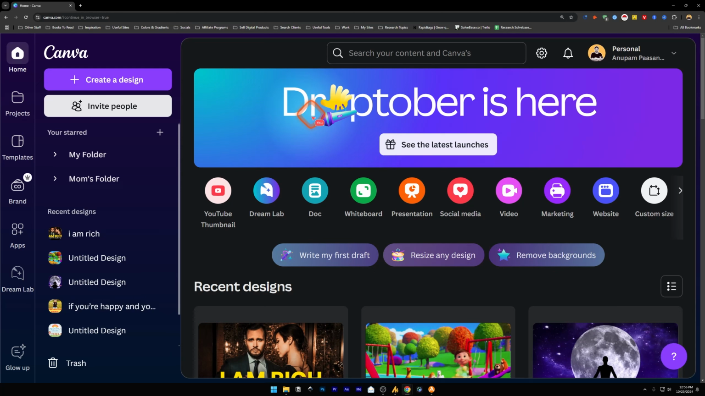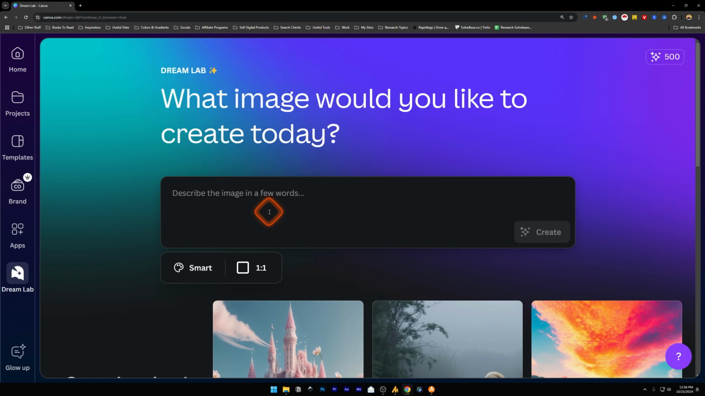Do you want to learn how to use the Dream Lab inside Canva? This is an AI image generator that they have just released recently, but this they already had before as well. So we'll just click on this and it gives us this Dream Lab, and it says that you have 500